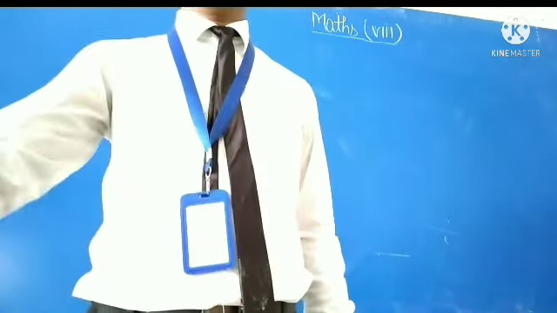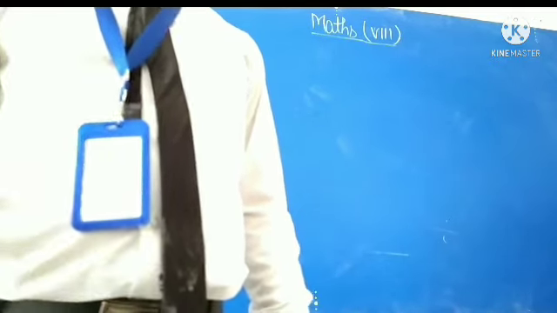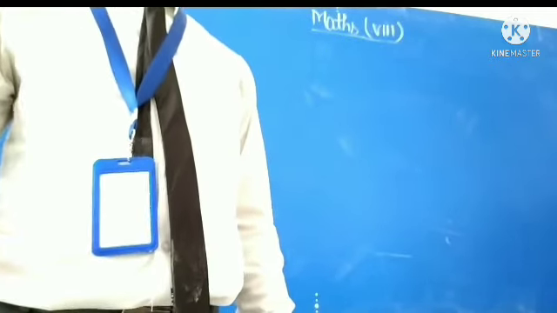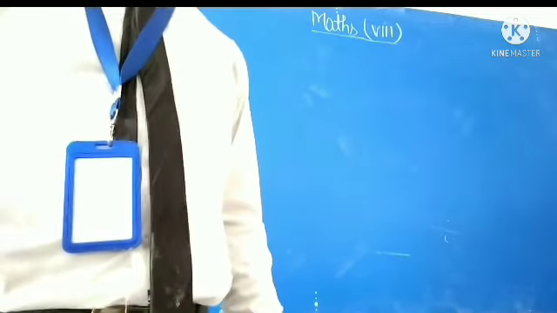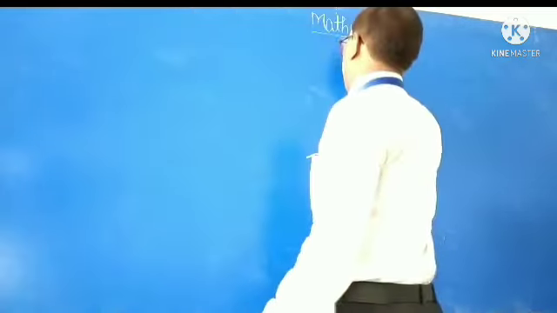Good morning, students. I am going to start exercise 4.4, which is related to practical geometry. In this exercise, you are given 3 sides and 2 included angles. 3 sides and 2 included angles means you have 5 measurements by which you will be able to construct a quadrilateral. Exercise 4.4.